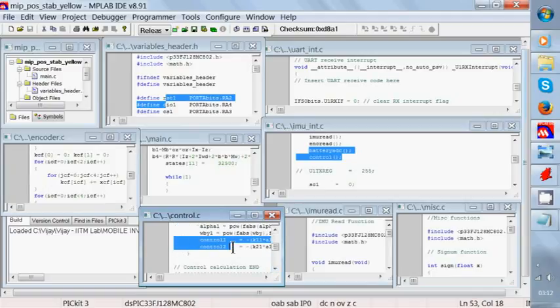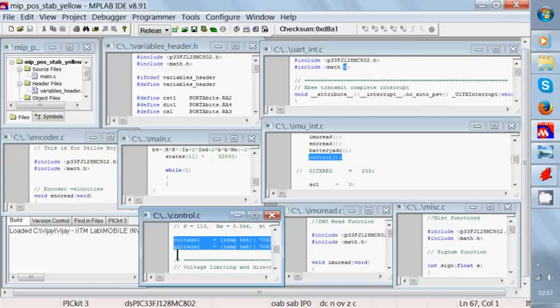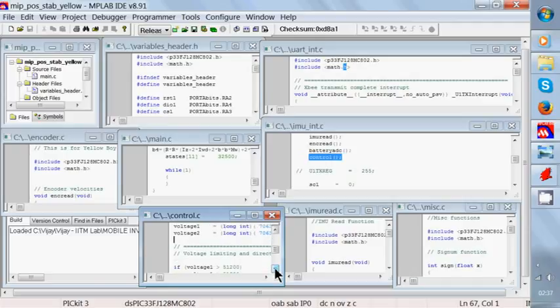from which the two torques, which are denoted as control 1 and control 2, are obtained, which are the left and right wheel torques. Then both the control torques are converted into voltage. The procedure will be described later, and this voltage is in terms of PWM counts, which can be directly loaded onto the duty cycle registers represented by P1 DC1 and P1 DC2